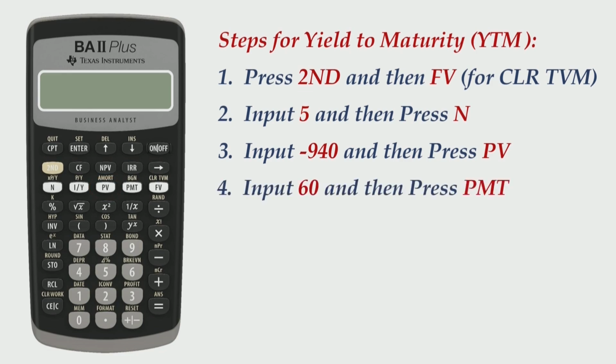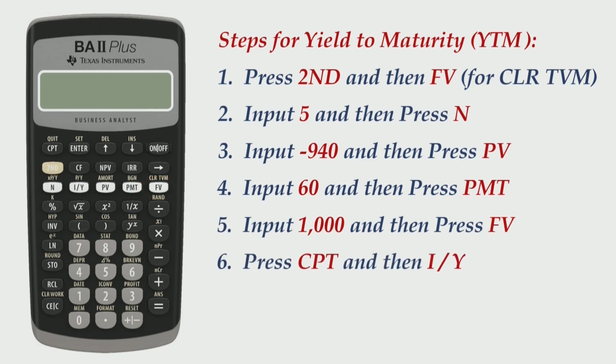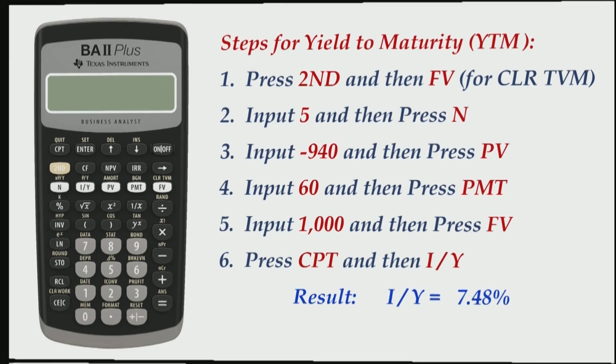Thereafter input 60 and then press PMT and input 1000 and then press FV. Now to compute your YTM, you just press CPT and then press I/Y, and you get the result as I/Y equals 7.48%. Alright friends, once you have completed writing these steps, now moving ahead in your solution, whatever was demanded, we find one thing,